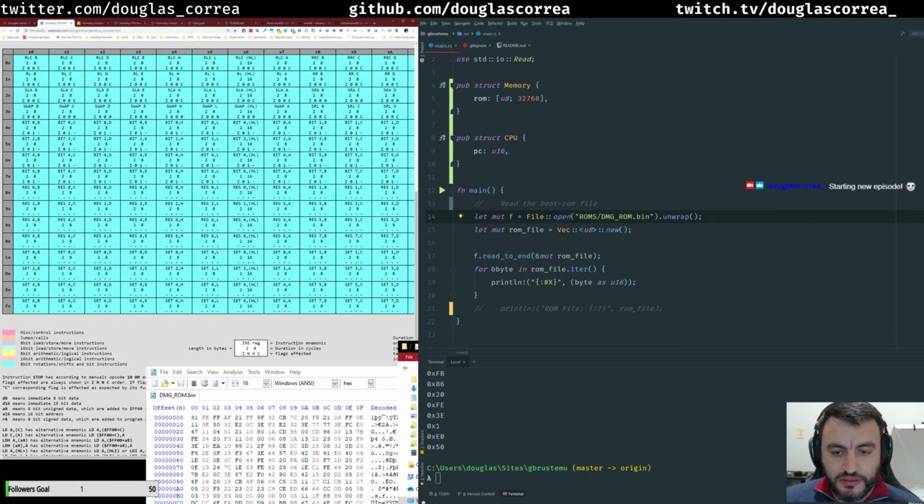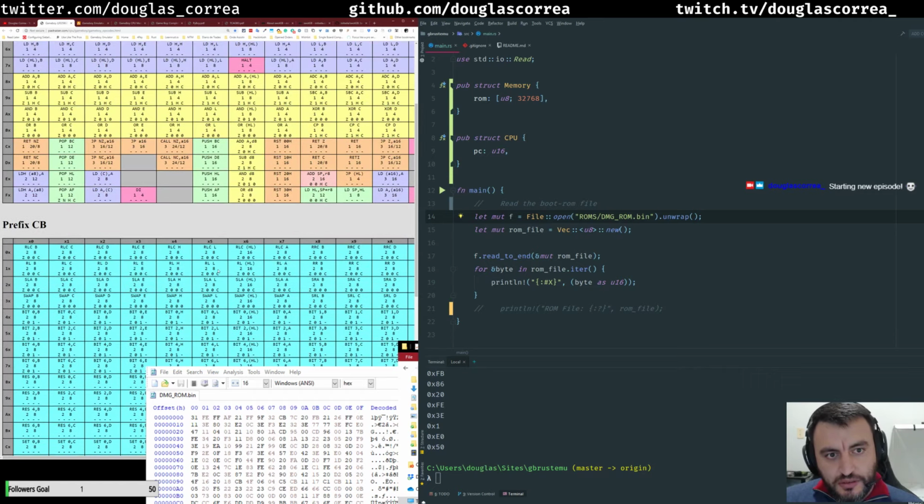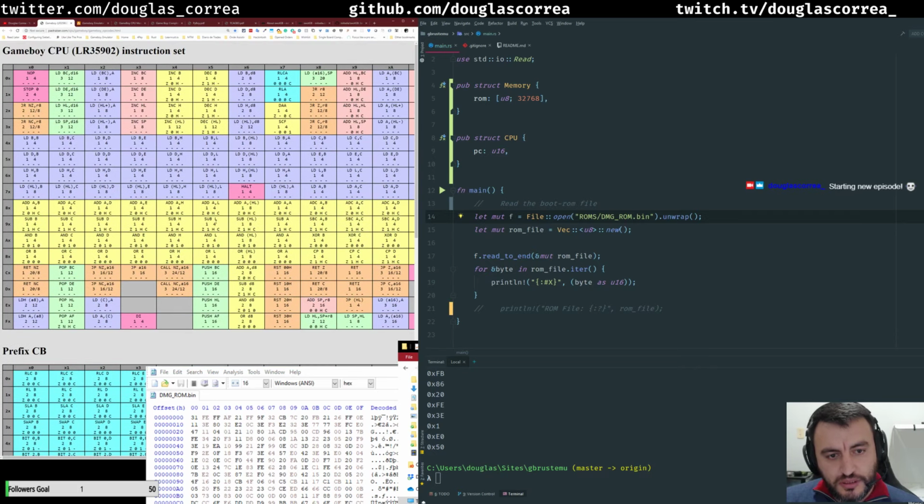It's here, the clock, 12 cycles. That's the cycle of the Game Boy CPU. I'm not really sure how to simulate that in the code yet,